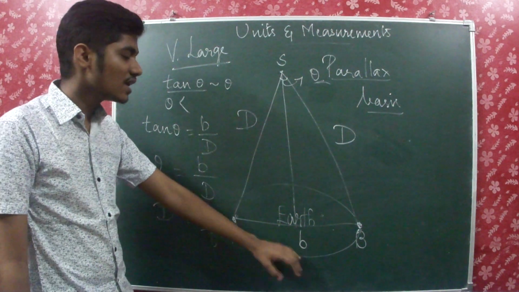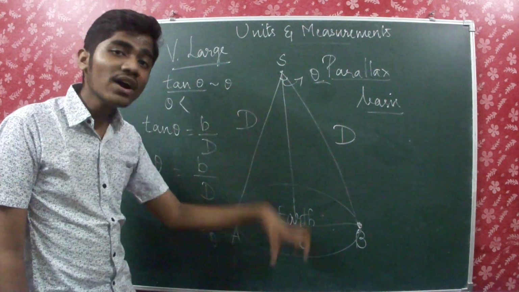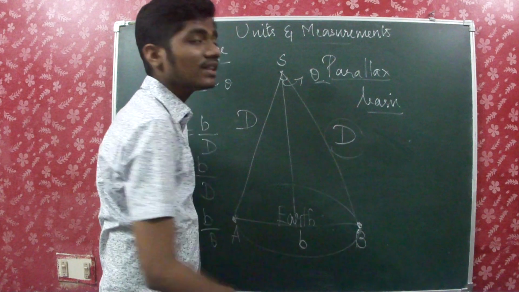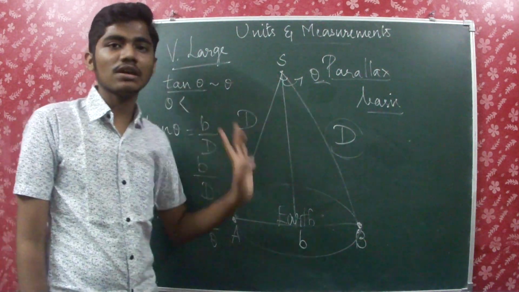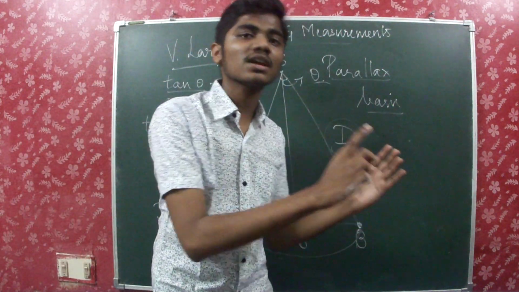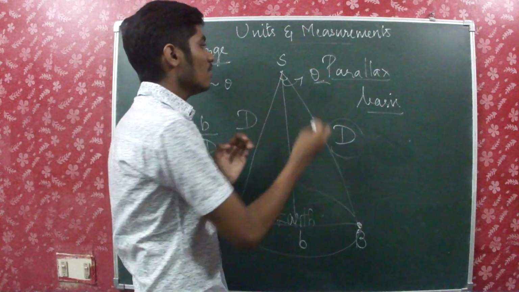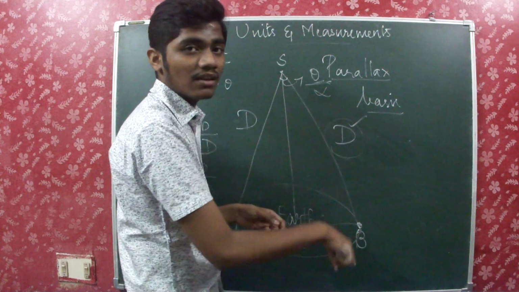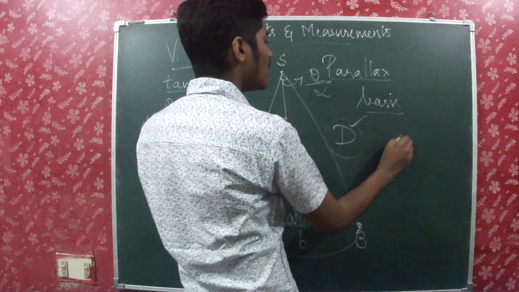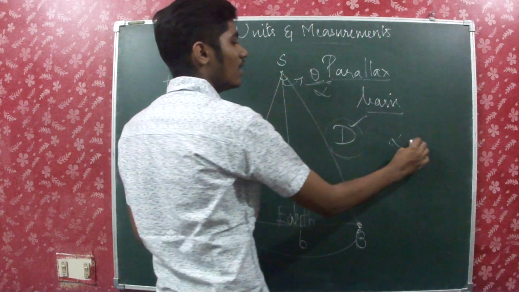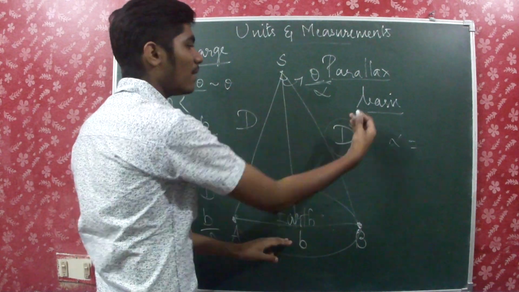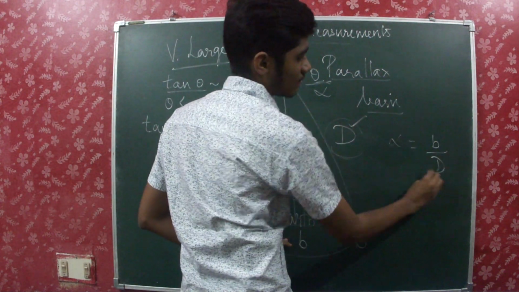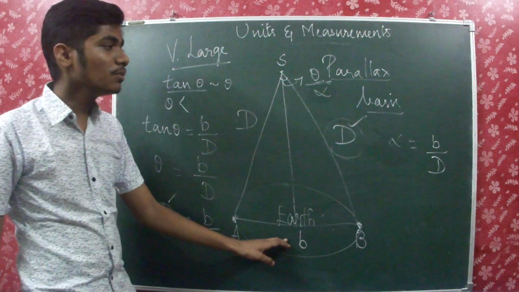So this is what we did first. The aim of the first thing is to find out d, that is the distance between here to here. Now the second one, what is that? We are doing this with alpha, and then you have d. Am I right? You have d with you. So tan alpha is equal to b by d.